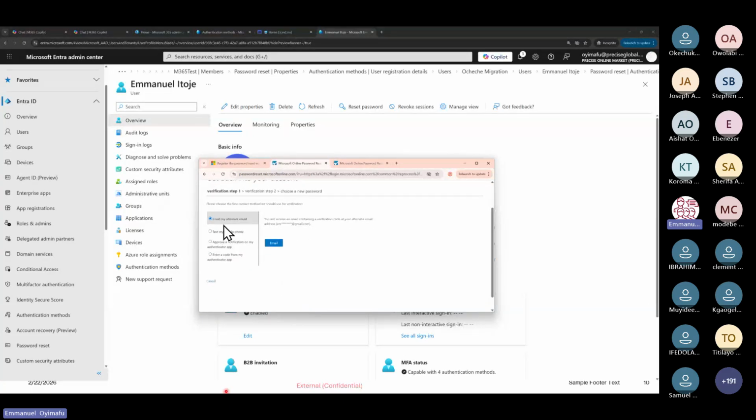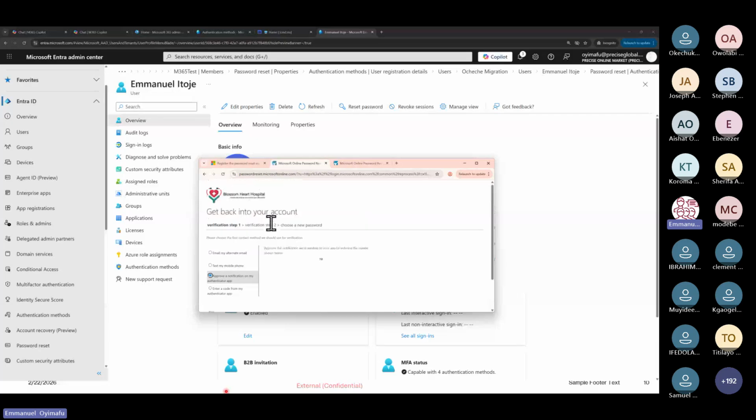So the email method is here. So we have all the methods that are specified in the authentication method. If, for instance, I don't have access to this email, I can select phone number so that I'll put my phone number here. Then they will send me a code. If I want to use Authenticator, I'll do this one. So let me use Microsoft Authenticator. I will say send notification. So I will have to type 70 on my phone. I will just type 70, then say yes.